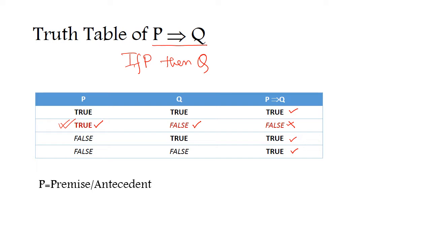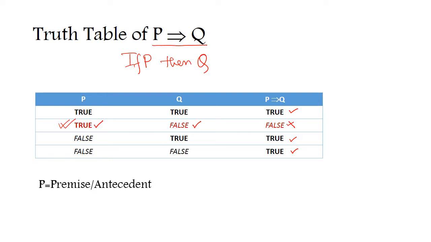Why? If P then Q, it is as simple as that. If P is happening, Q is also happening. But it can be that P is not happening but Q is still happening. That is also allowed. We'll see through an example. And the other is very simple. If P is not true, then Q is also not true. But P is true and Q is not true is not a possible combination.